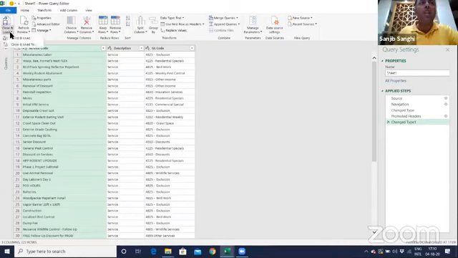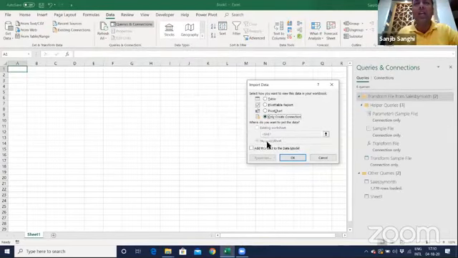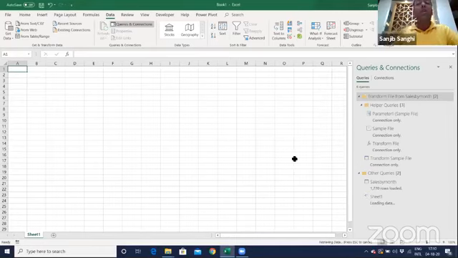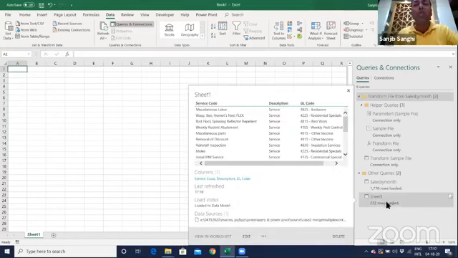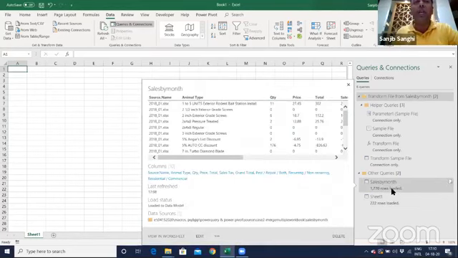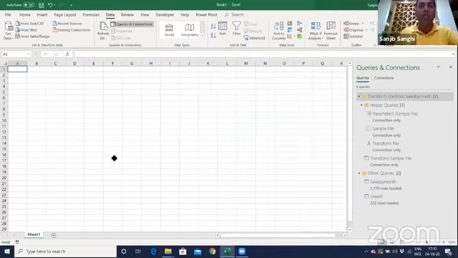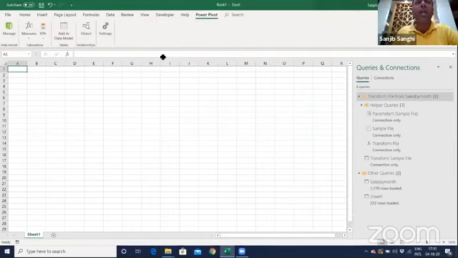I will load this to Excel. I don't need to do anything more on this. I will load this to Excel, again create a connection and add this to a data model. In this way, you can add multiple files. So 222 rows got loaded from this file, 1770 rows loaded from the other file. Boom. Now what I will do, I'll go to Power Pivot, and now I want to create connections between both the files. So I'll hit Manage.